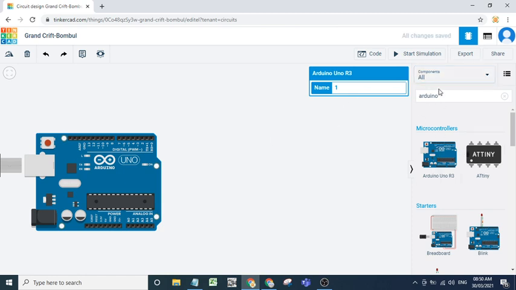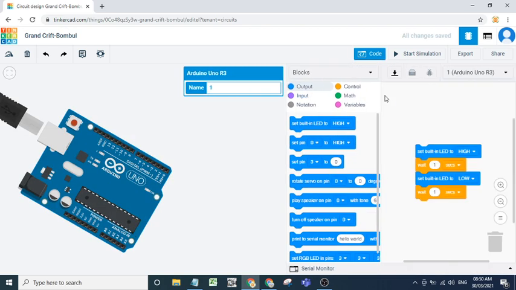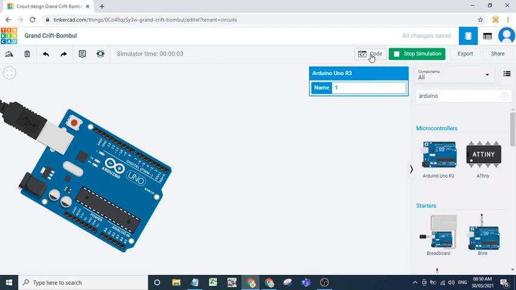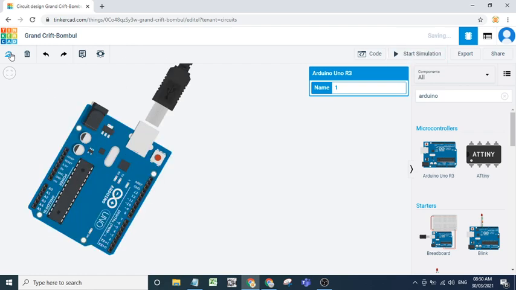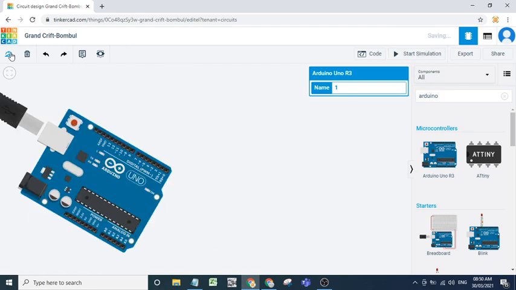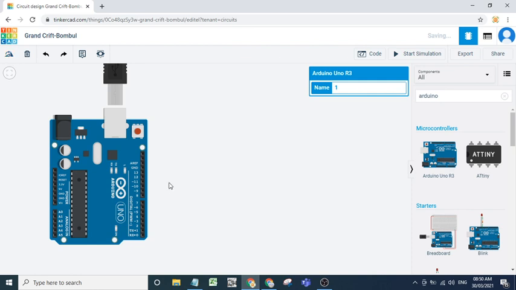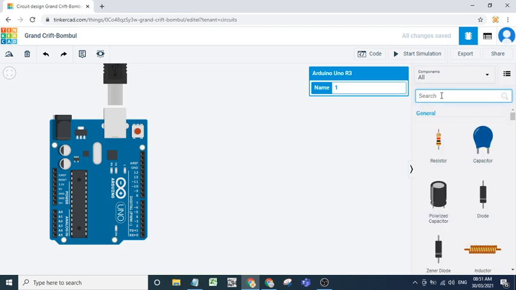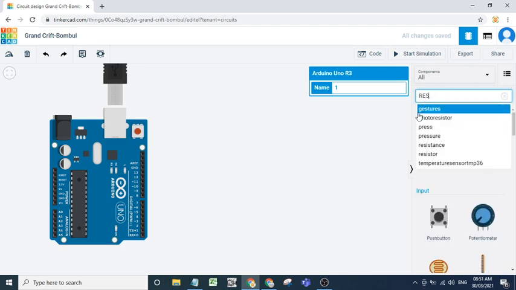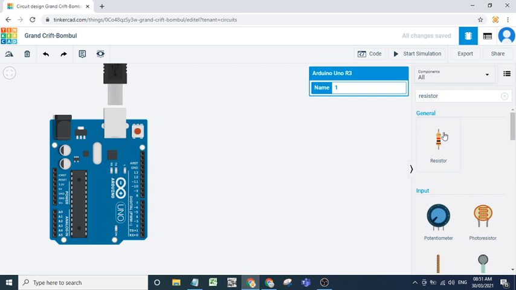Then we want a resistor. You can rotate this as per your requirement, so I will rotate like this. Then we want a resistor. So this is my resistor.